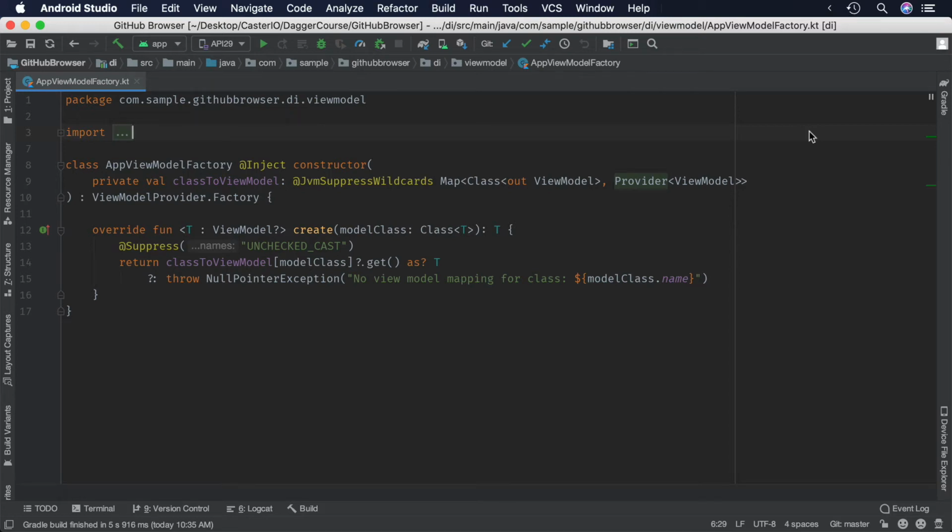We're taking advantage of multibindings in Dagger with our injectable ViewModel factory. Let's go over each step of how a multibound map is created in Dagger. The first signal to Dagger is the AppViewModelFactory. This class is declaring itself as injectable and takes a map of class of type that extends ViewModel to a